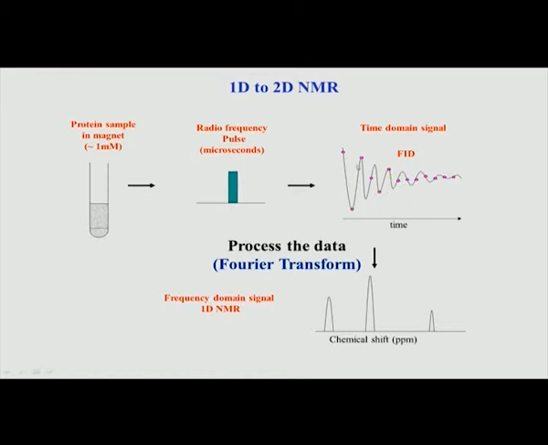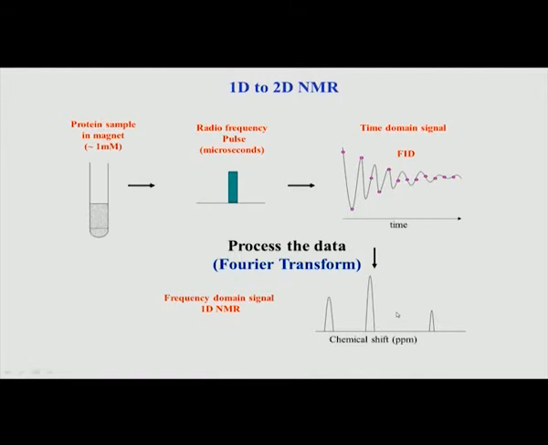And then this FID is subjected to a Fourier transform, which is a mathematical technique which resolves this FID into the frequency components. So, the FID may not be a simple sinusoid, it may have a mixture of sinusoids, different frequencies and different chemical shifts from different atoms in the same molecule. Those frequencies are all together present in the FID, but by doing a Fourier transform we can separate them into peaks. So, this is basically what we saw as far as 1D NMR is concerned.